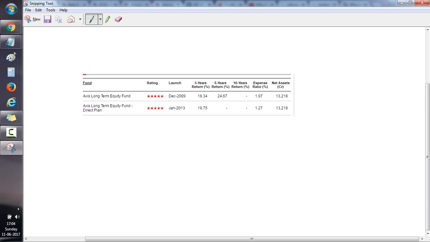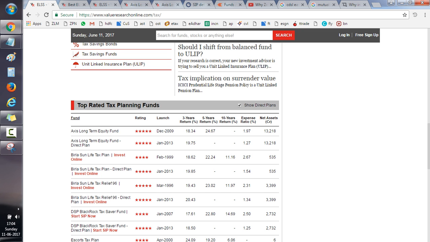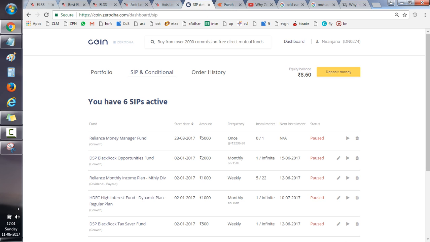Alright, so this is what we are offering now, that Coin has come up with distribution of direct schemes. Okay, so we have gone away with the commission that Zerodha would get by selling regular schemes